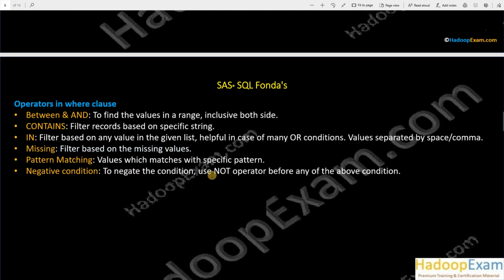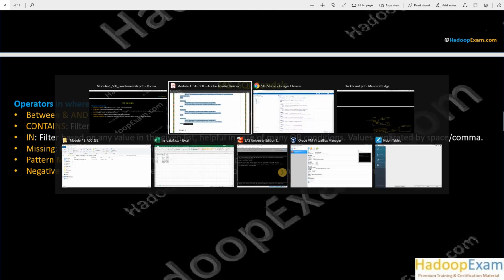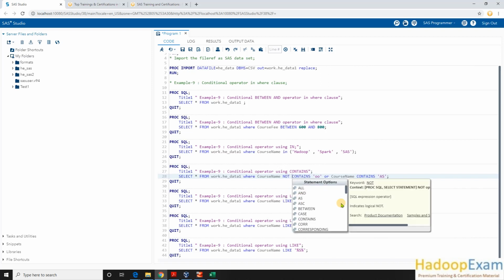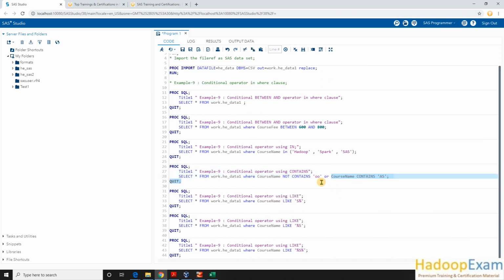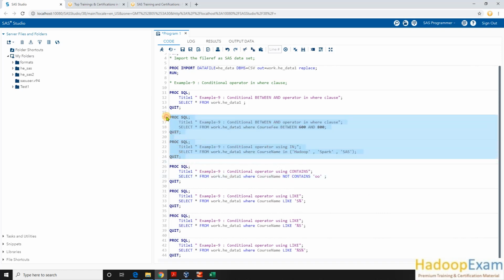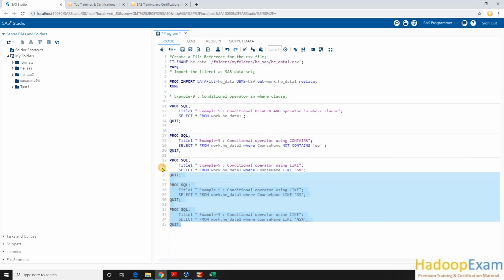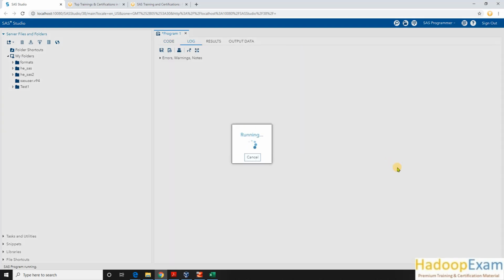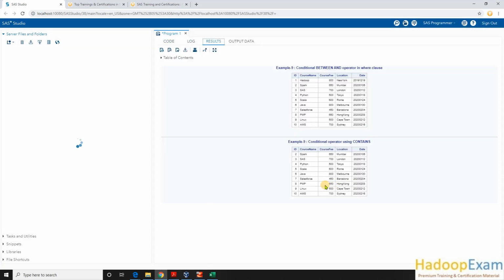Negative condition: for any condition which I want to negate, I simply put NOT in front of it. So let's take an example, NOT contains. Let me remove this other stuff and run this query. Give me all records which do not have OO in it. So other than Hadoop, all are in the output, correct.